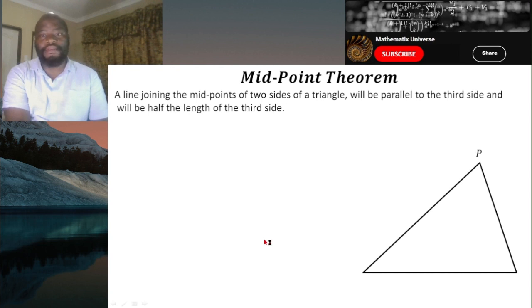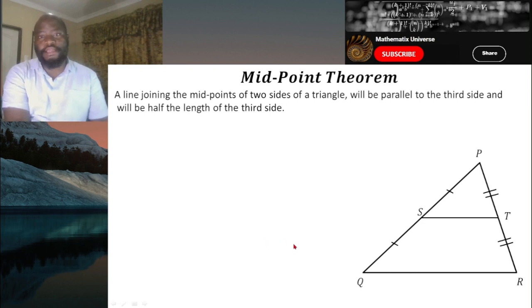Let's name it P, Q, and R. And then let's have a point S on QP and a point T on PR such that SP is equal to SQ and PT is equal to TR. So if we join these midpoints S and T,